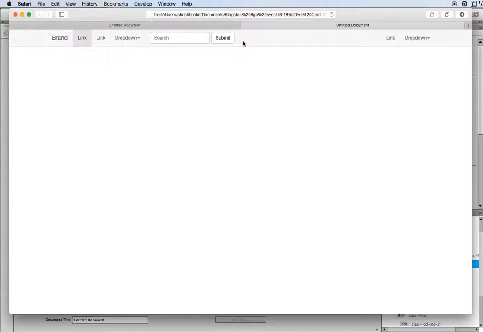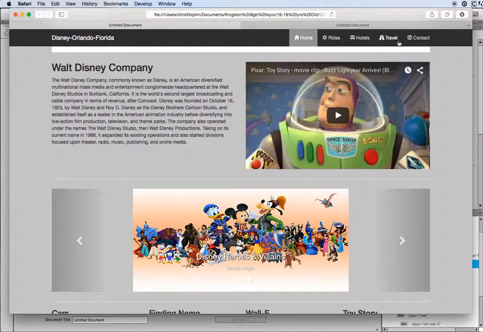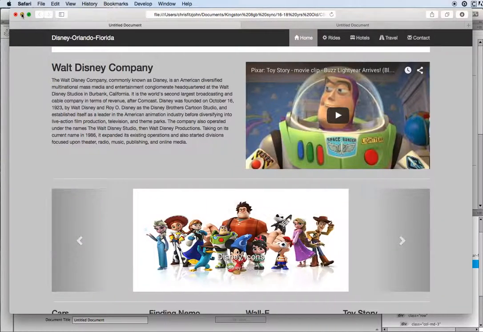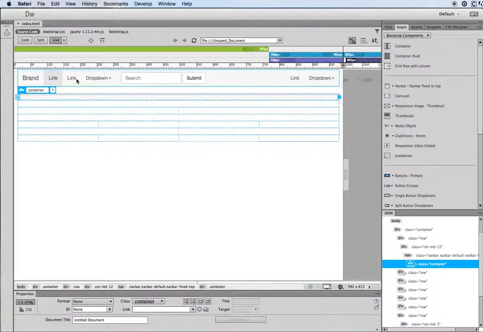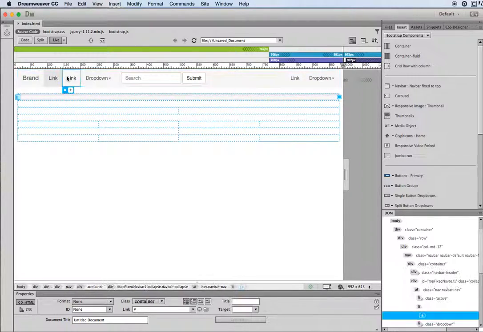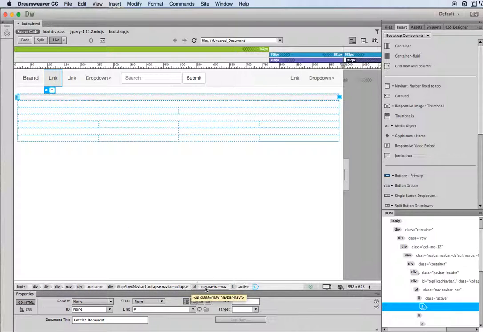So now we need to go on and start editing this navigation menu so it starts to look like this one. So let's go back to Dreamweaver. Okay, now some of the things that we need to do here is we need to identify these menus. So I want a menu which is over on the right hand side, so I'm going to leave this one, but I don't want this menu. I only want one navigation menu. Here I've got a navigation menu, so what I'm going to do is just click on one of the buttons, and then down in my tag inspector down here, I'm going to find where that navigation menu is